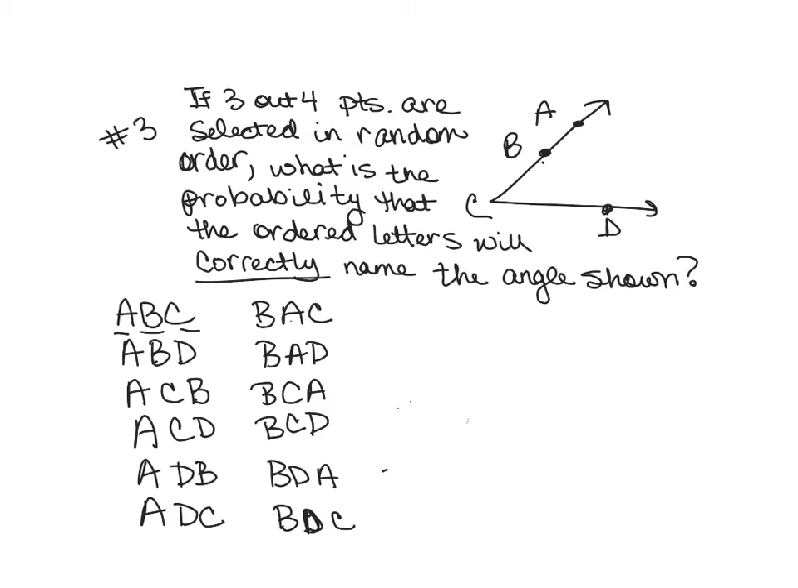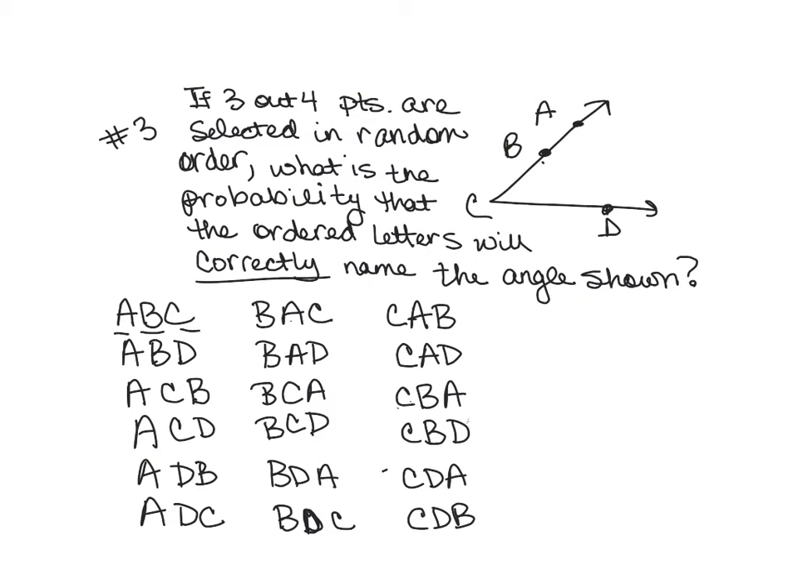All right, now let's start with our angles with C. We have CAB, CAD. There's no more possibilities beginning with CA, so let's move on to CBA, CBD. No more beginning with CB, so let's do CD: CDA,